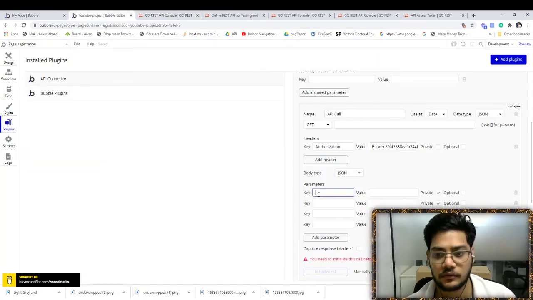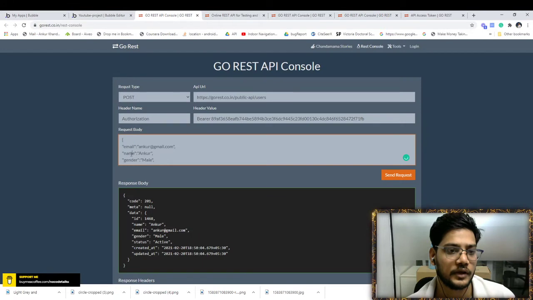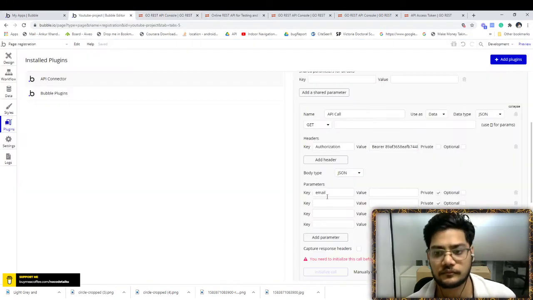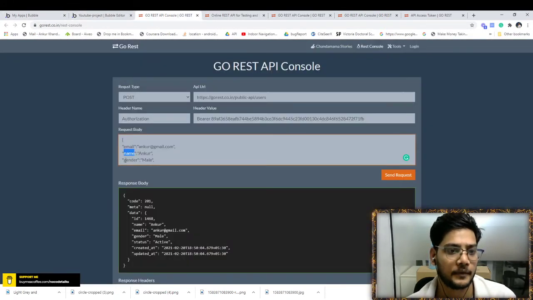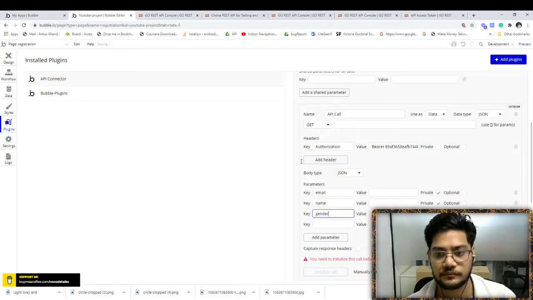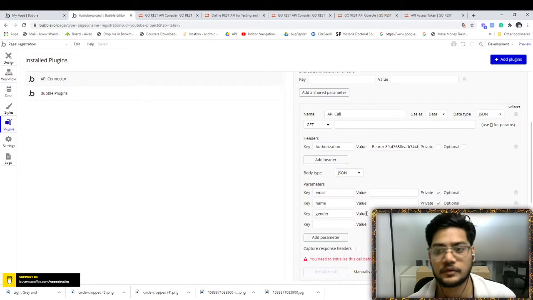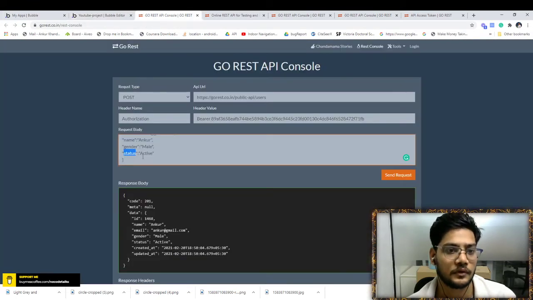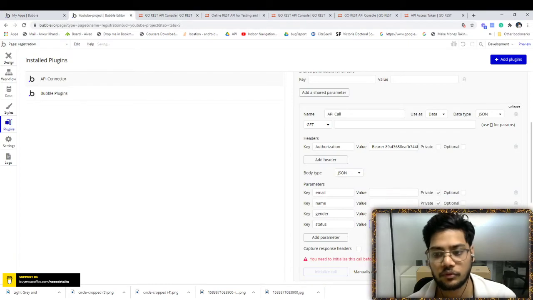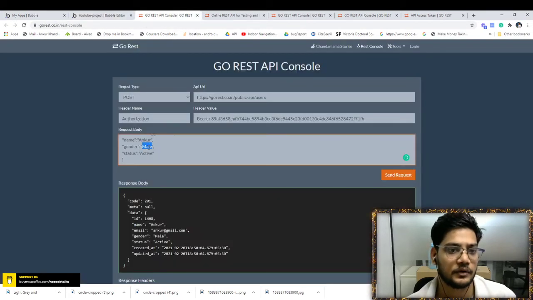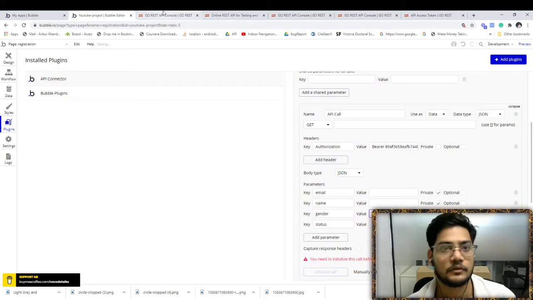Email, next is name, gender, status. You have to first initialize the API here. So same, I'm just passing a mail.